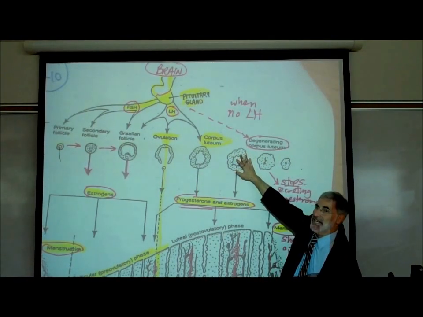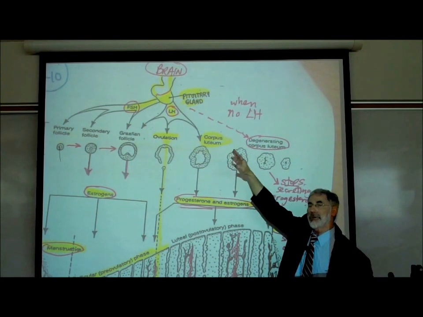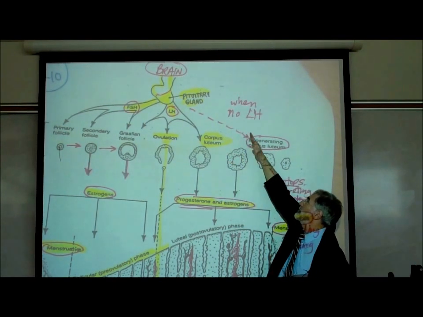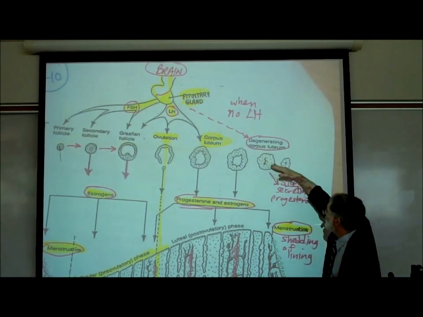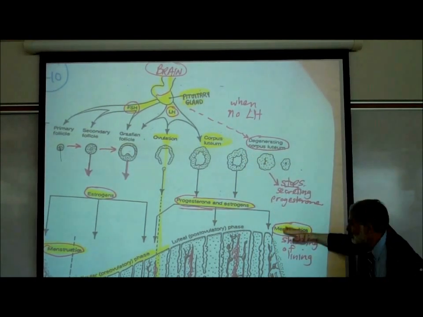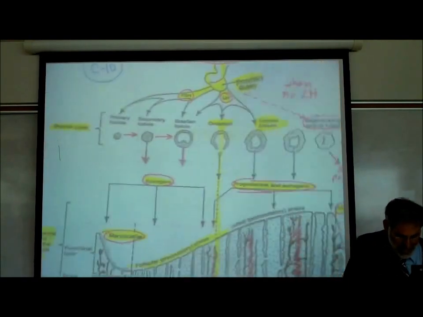Then around towards day 28, the pituitary stops releasing LH, so follow the sequence. There's a drop in the LH level, which causes a drop in the progesterone level, which causes the menstruation. So that's what we wrote on page C11. On C11,